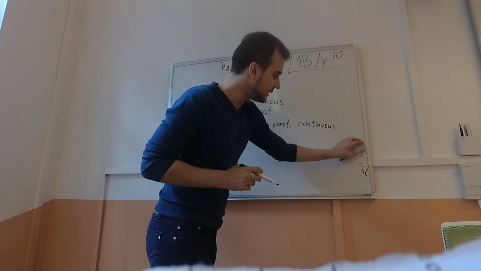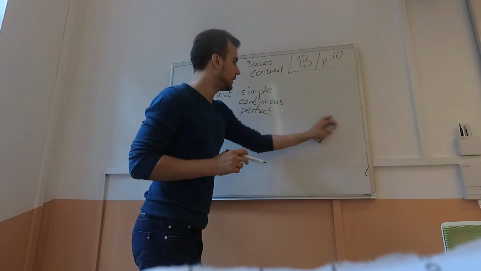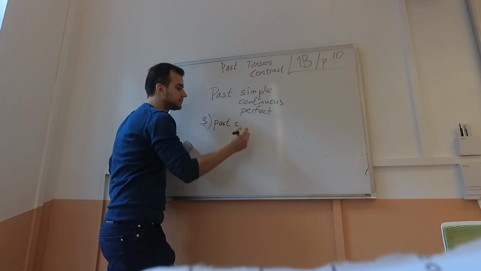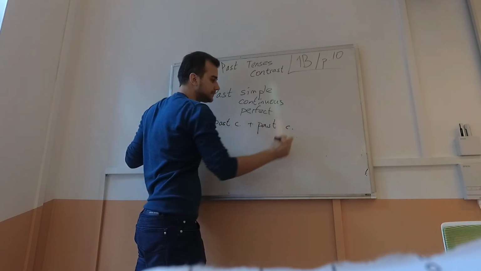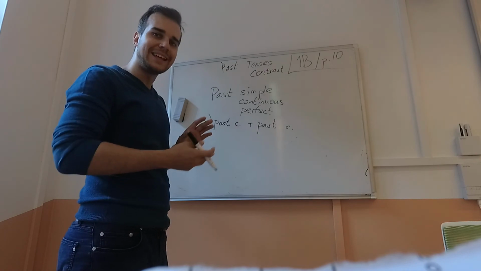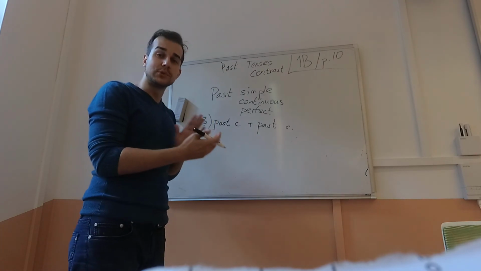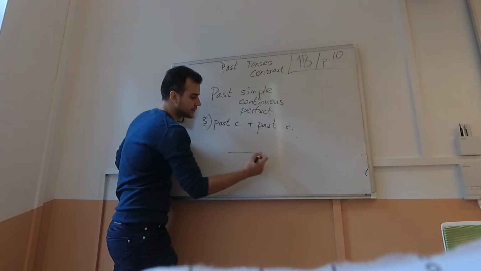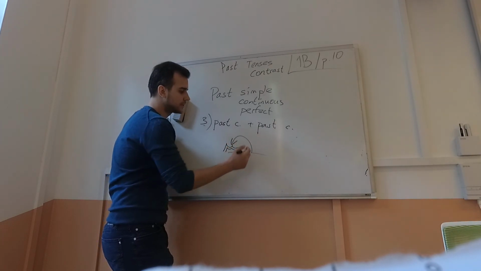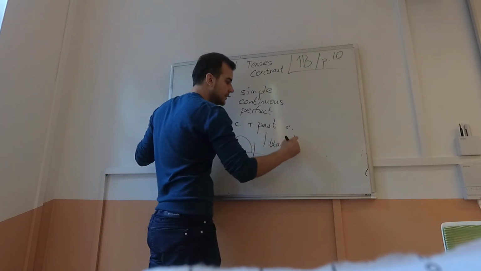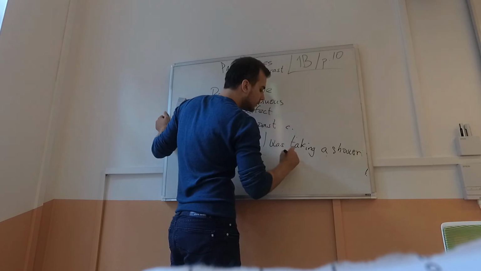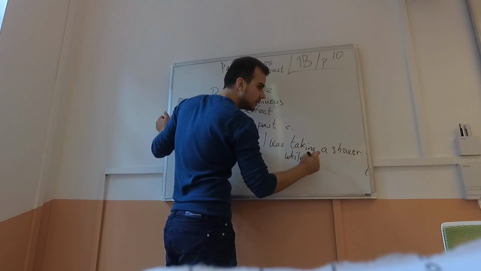Now, let's see how I can combine the third situation. I can use past continuous and past continuous together. Alright? I'm telling you a story and I'm giving you two actions that were happening at the same time, and they both took some time. Let's have a look at how it works. The first one is here, and the second one can be here. So, I was taking a shower while, let's say, the telephone